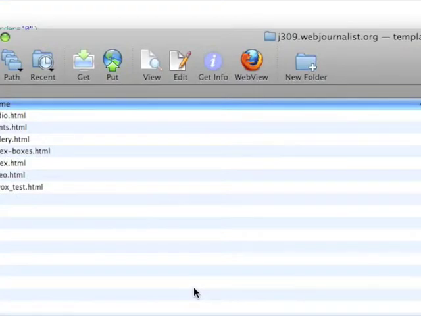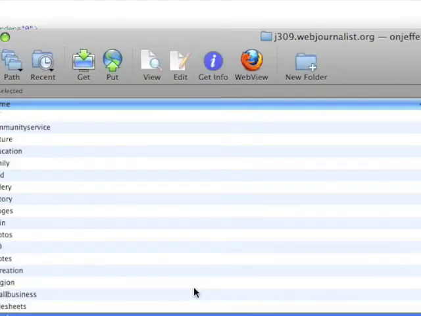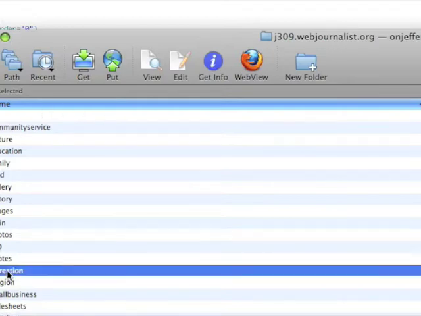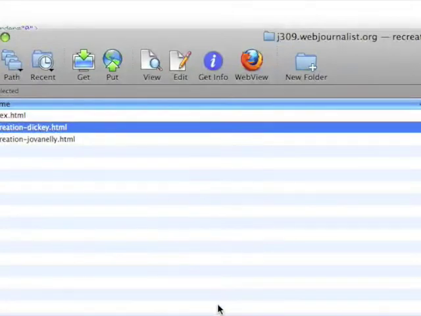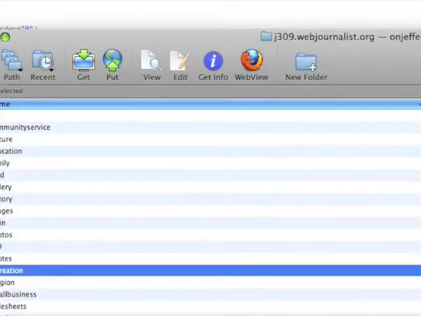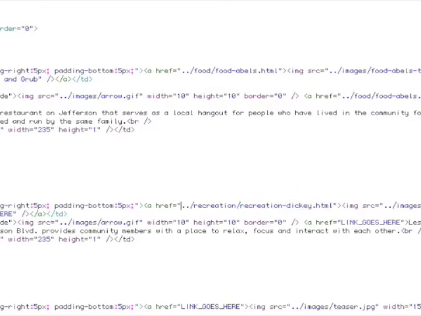Here's my directory of templates that would be equivalent to your category like arts, family, education. You're going to go up one level, that's the ../ and then you're going to go down to recreation. In there, you're going to find Megan's file. So that is the right location,